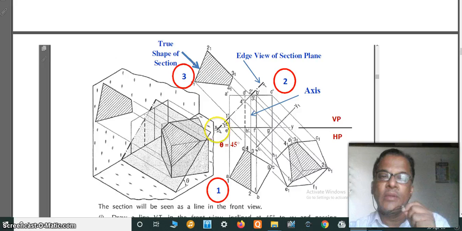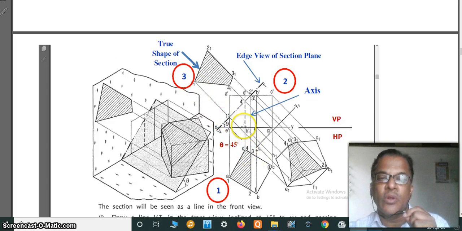But now here the new reference line is taken on this edge view itself. So draw the position this way, 1, 2, 3, likewise. And now this is the projector from 1 dash point. Now to locate the point 1, 1, how to locate this point 1, 1? So this particular distance in the HP, that distance we can transfer from here to here.